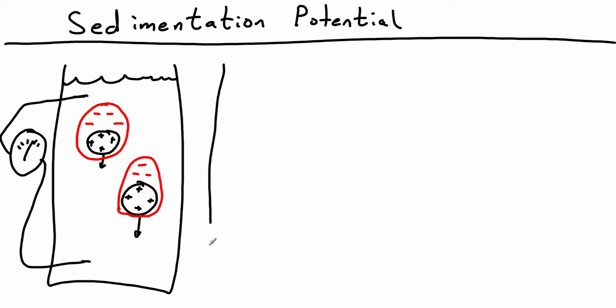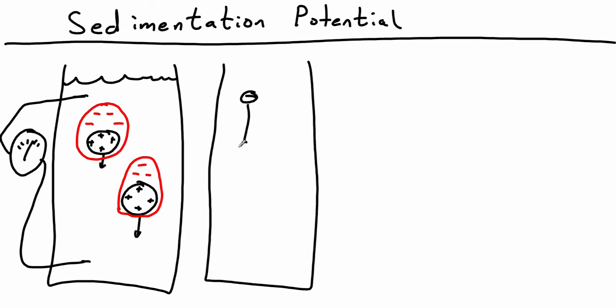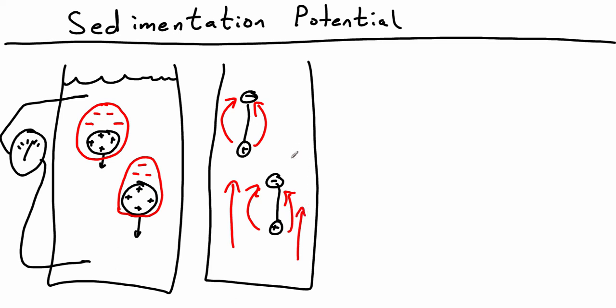Another way to think about this conceptually is that we've produced a bunch of dipoles in the solution, and that each of these is going to create an electric field. And if we add up all the electric fields of all the different dipoles of the particles, we can see that we now have an E field that looks like that. And since the E field has units of volts per meter, if we just take the strength of the E field and multiply by the length of the tube, we'd actually get a voltage. Okay, so